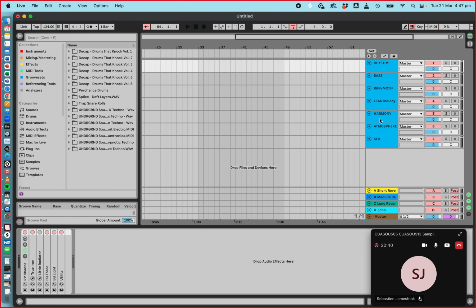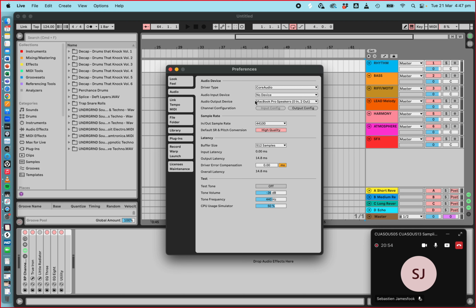Let me just collapse it down a bit. 7 parts. 1, 2, 3, 4, 5, 6, 7. So I tend to have these components, right? Let me just make sure my sound. Nope, don't want that. Let's go